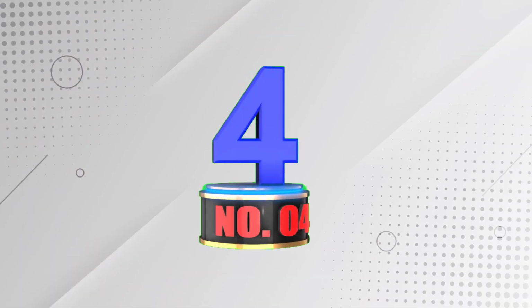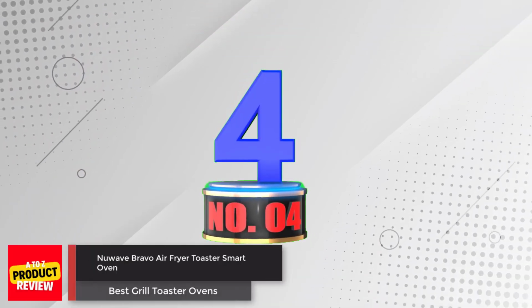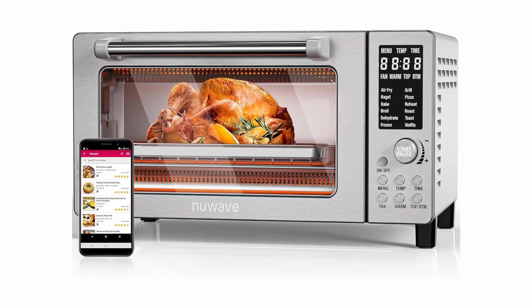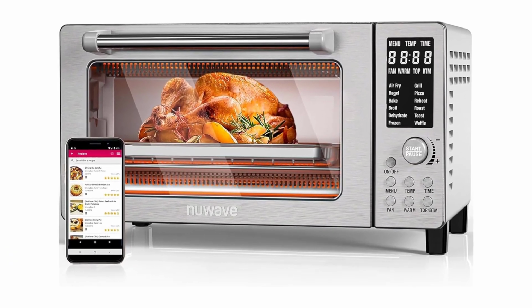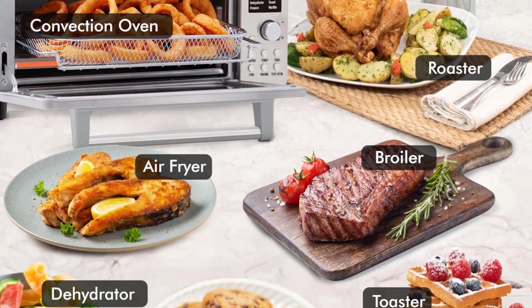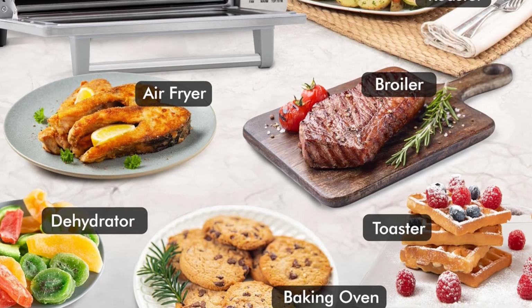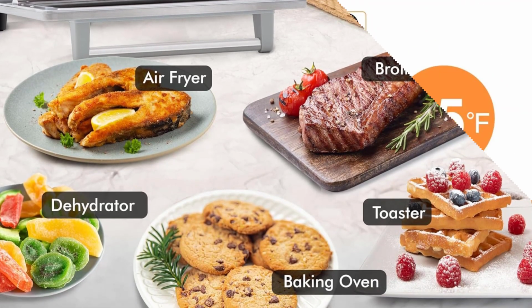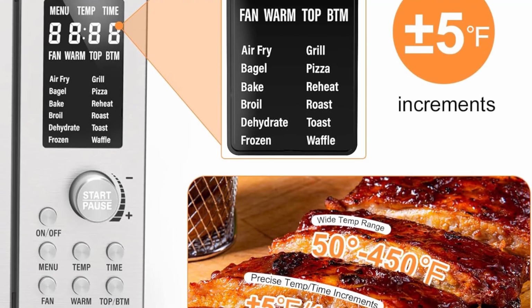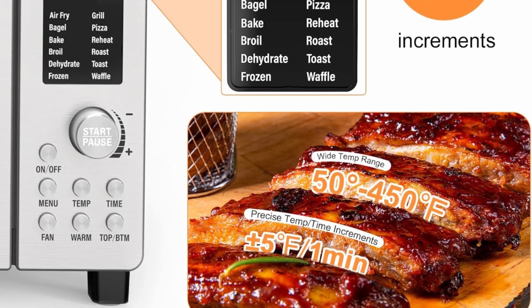Number 4. NoWave Bravo Air Fryer Toaster Smart Oven. NoWave Bravo Oven is a powerful and efficient 12-in-1 digital toaster oven, countertop convection oven, and air fryer combo with a 21 QT capacity and 1800 watts of heating power. Its intuitive digital controls allow you to make adjustments on the fly, fine-tuning time and temperature at any point during